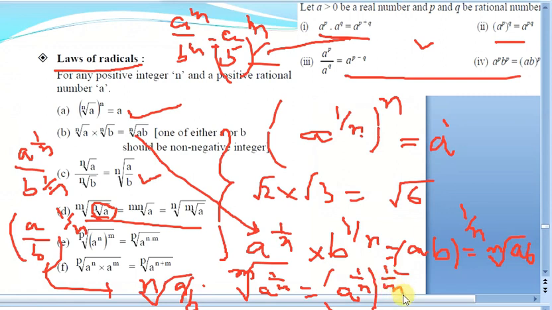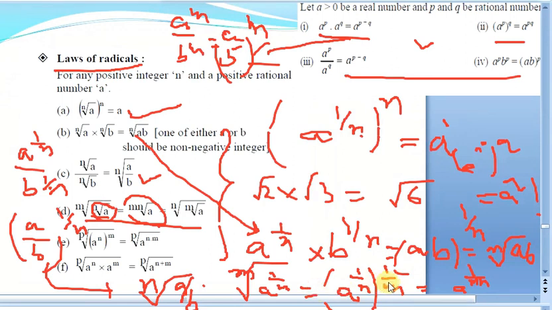So now see, a power p whole power q is formed. It is a power pq. You just have to multiply these two. It will be a power 1 by mn. So 1 by mn means what? The mnth root only, right? So that is what mnth root of a means here. Like that, we can interchange it also. If a power p whole power q is there, the same thing can be written as a power q whole power p also. Even if you write this part here and this part here, multiplication is commutative in nature, right?